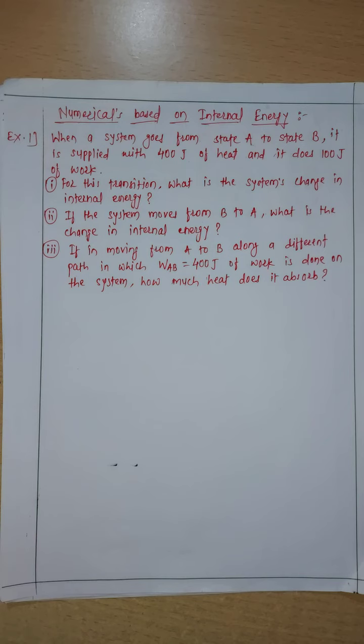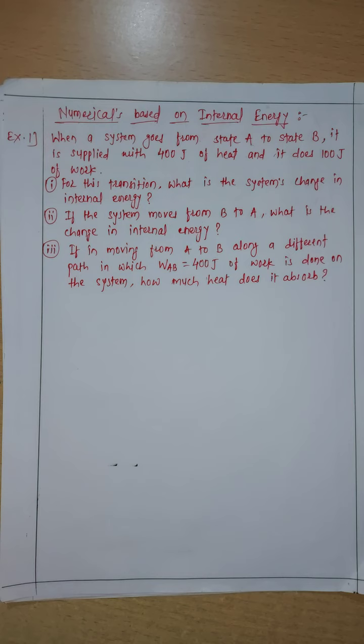In the previous lecture, we studied the internal energy of a thermodynamic system. All of you know what internal energy is. It is defined as the total energy possessed by the system due to molecular motion and molecular configuration. With this definition, we calculated the formula U equals UK plus UP, where UK is the internal kinetic energy and UP is the internal potential energy.